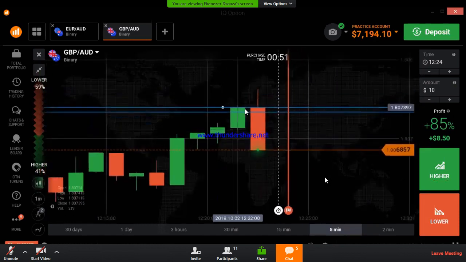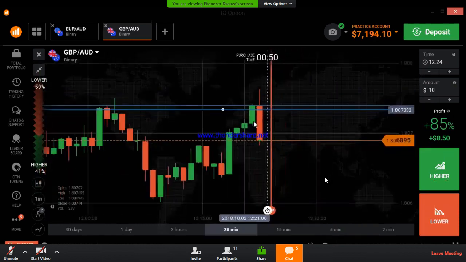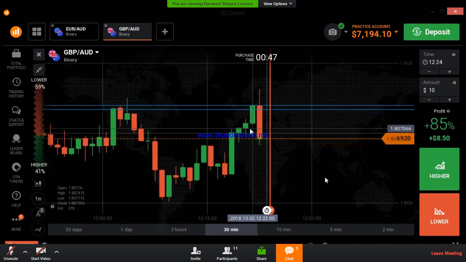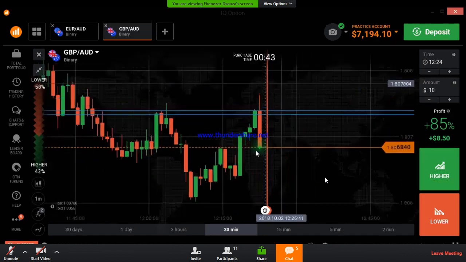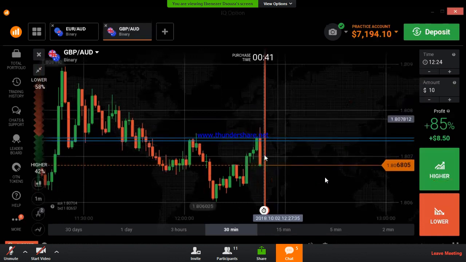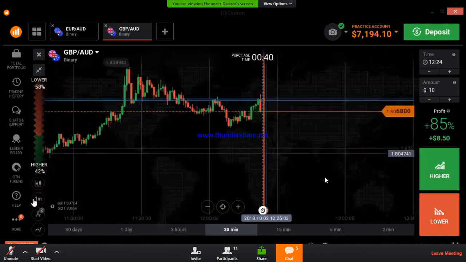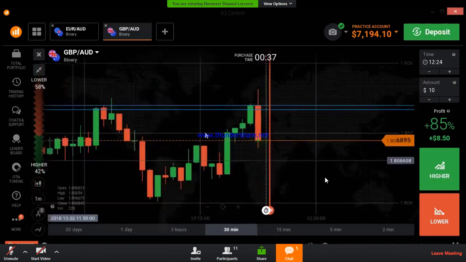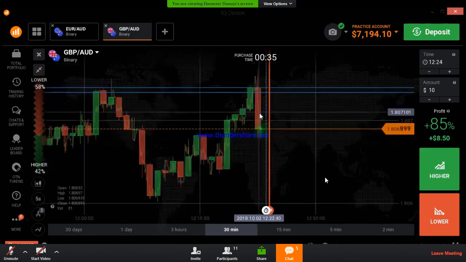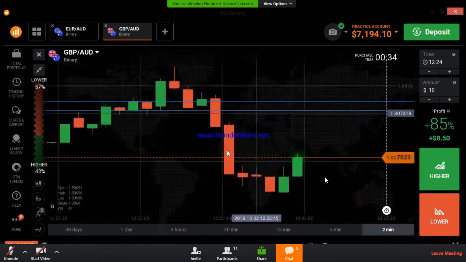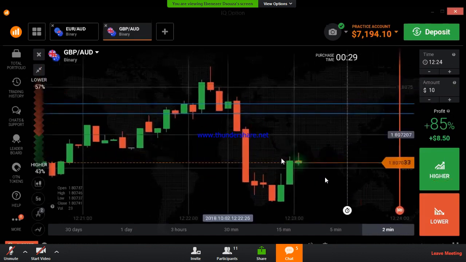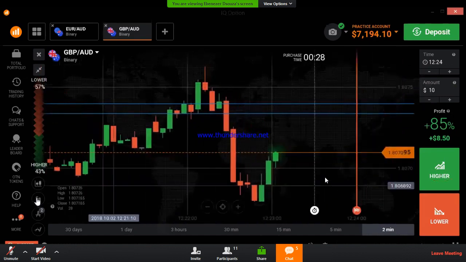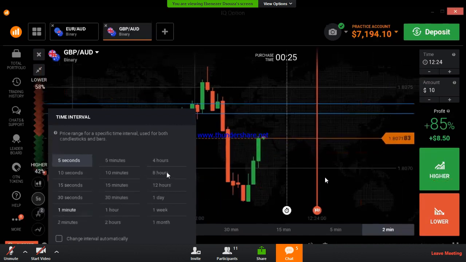This candle closed on the level. It didn't break this level, right? If this candle broke this level, it may go more up, but it didn't break this level. That's why it reversed. You can see the confirmation in this candle. Yeah, you can see the strong confirmation here, right? This candle closed below the confirmation. You can trade with the confirmation.